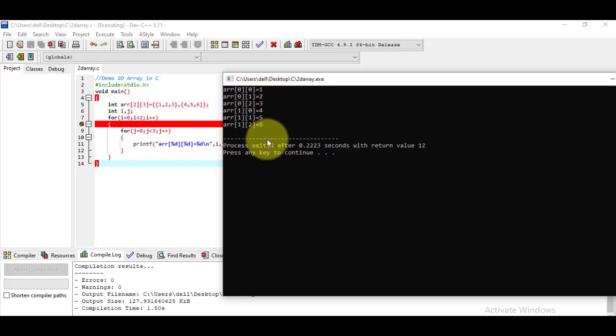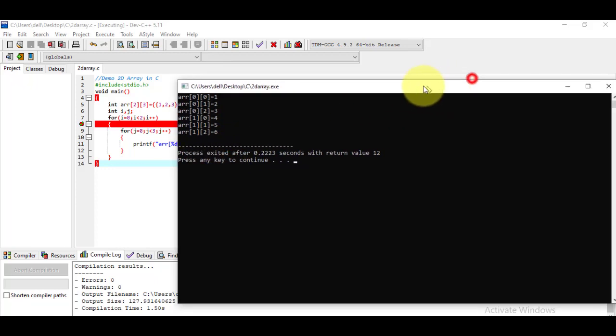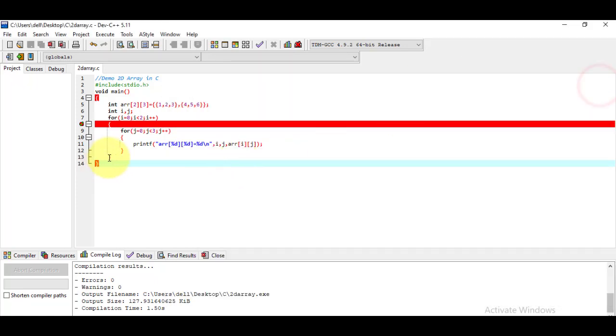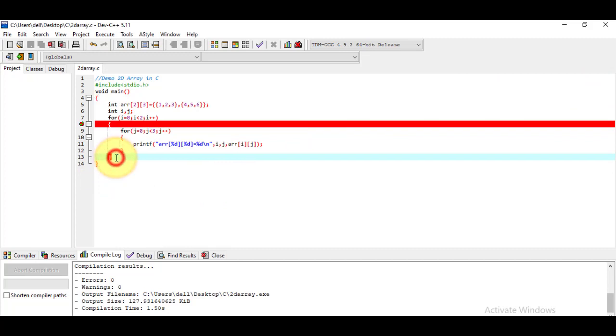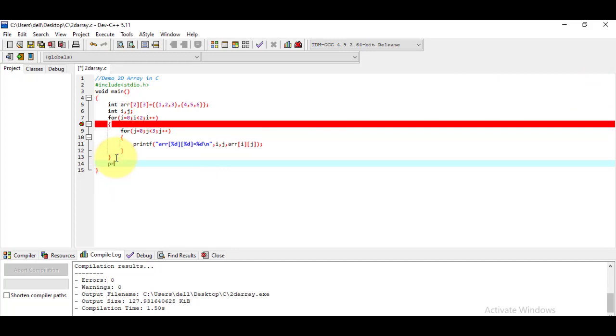Now if we want to display the same array in matrix form, what we have to do is write a message, printf, I'm writing here the message: array in matrix form, backslash n, and here put the semicolon.